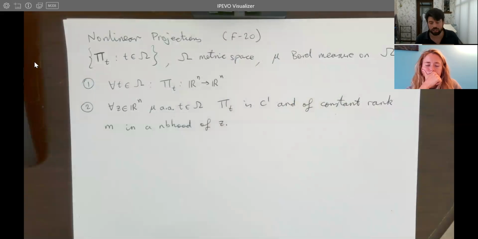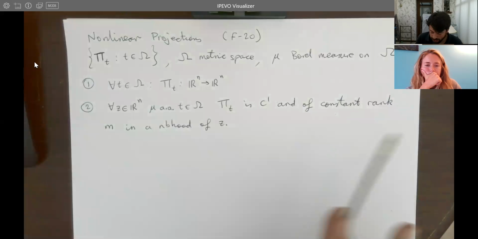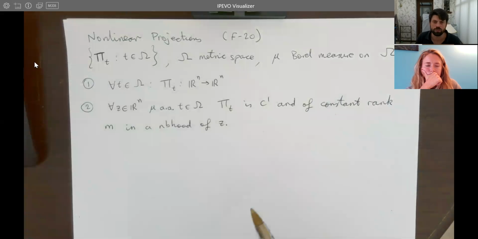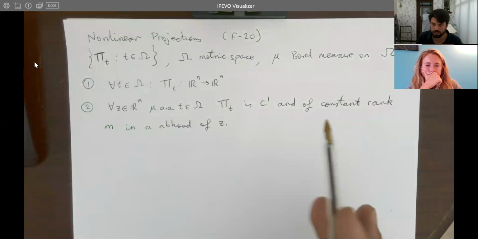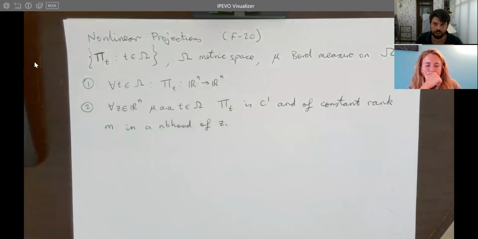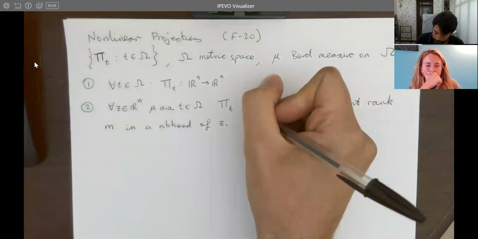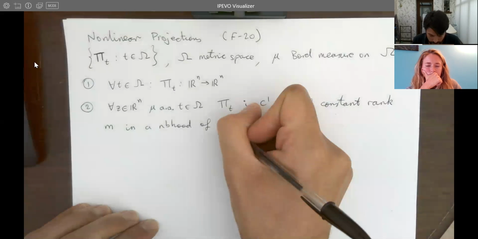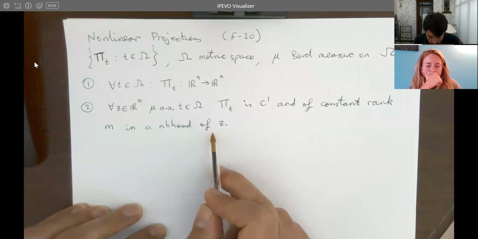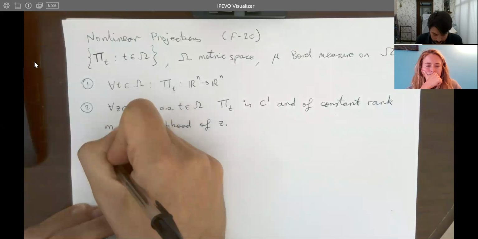And moreover, I want this Jacobian derivative to vary continuously in z. So again, if you think about orthogonal projections or even radial projections, they are a nice toy model for this theory. So if you think about what these conditions mean in the context of radial projections, then you'll see that this condition is trivially satisfied for radial projections. So another thing I want to note from point 2, which I'm going to use in point 3, is that,